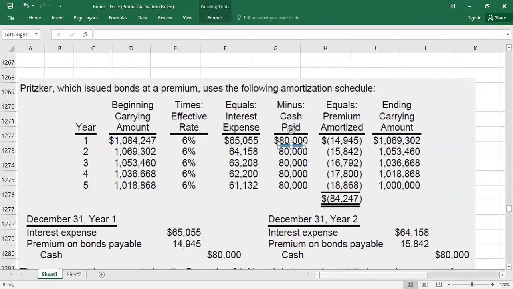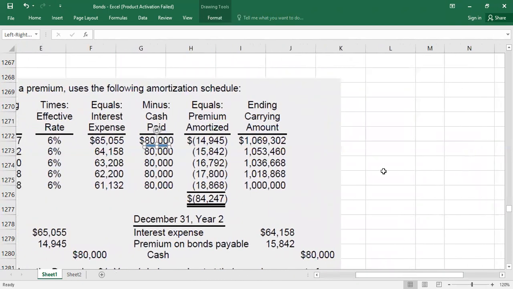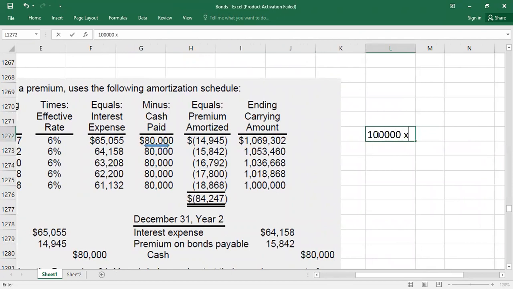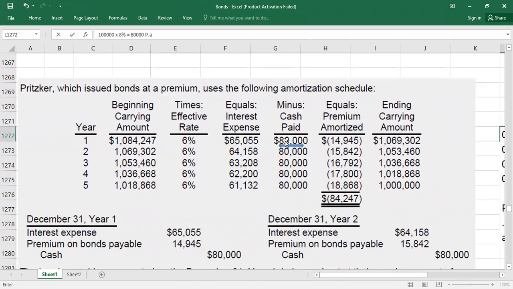How do you calculate the actual interest? Because interest you will always calculate on the face value, and the face value was 1 million times the stated rate of 8% per annum. So this is how you will get the interest payment every year. This is the per annum amount, the actual interest. So you put 80,000 every year, because interest is not going to change. In the first year you paid 80,000.